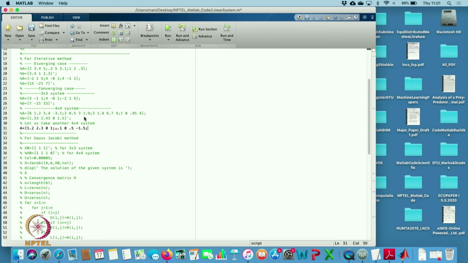This is another row I am taking, then another row: 0, 1, 0, 0.2. And now the last row is 0.25, minus 0.3, 0, 0. So, let us take this system where the matrix is this, and then I take the